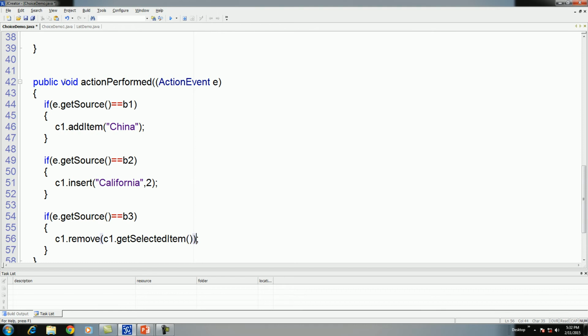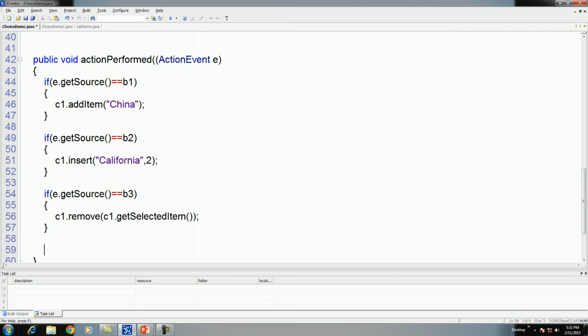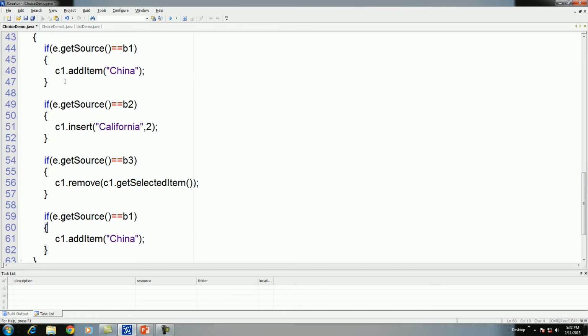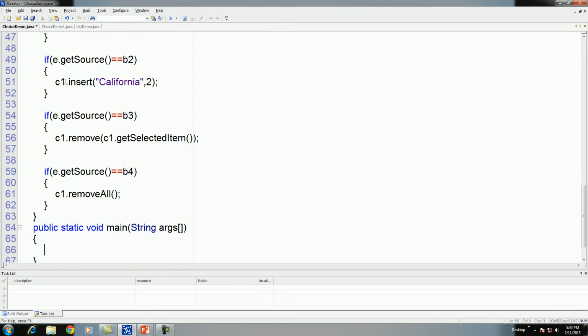Okay, it will return the string which is currently selected by the user. Then remove all. We have a method removeAll. Okay, now let us call the constructor. Let us create the object.